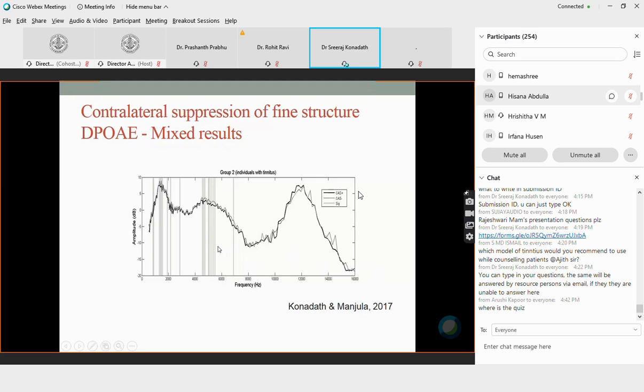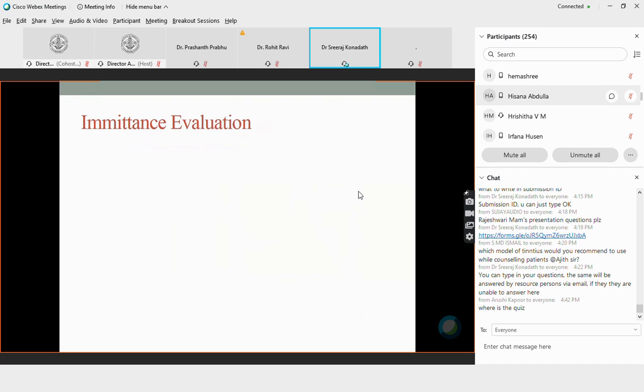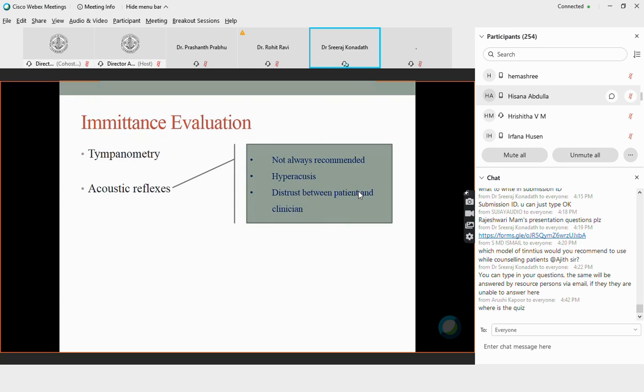So do you have to rely on otoacoustic emissions? I would say need not. But if you do it, you may get some indication that there is some amount of damage. Next is immittance evaluation. Tympanometry is a must. You have to go for tympanometry because all the ENT related aspects which Dr. Rajeshwari said, most of it we can find out, if there is a middle ear problem or not, by doing tympanometry along with reflexometry.